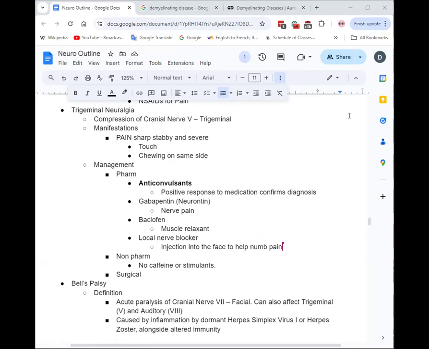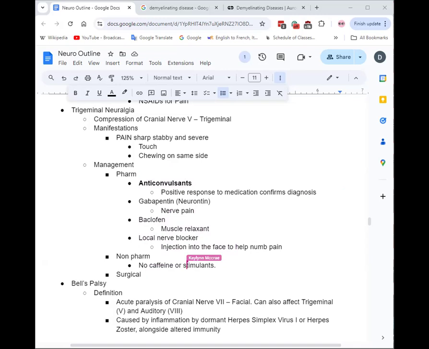Okay, well, we got through pharm for trigeminal neuralgia. I split it into three because you have pharm, non-pharm, and surgical interventions for it. So that's going to be your main ones for your pharmacological. This is going to be the biggest one because if you give it and they improve, we know exactly what's going on. These others are just kind of like adjuvants, like we can add them on to help with their pain and help with their comfort.